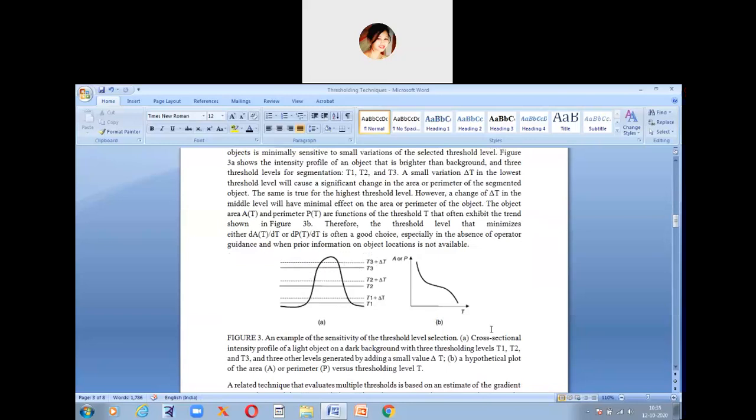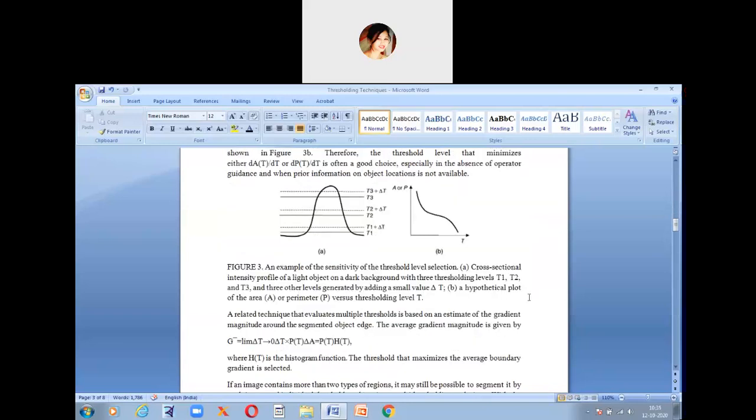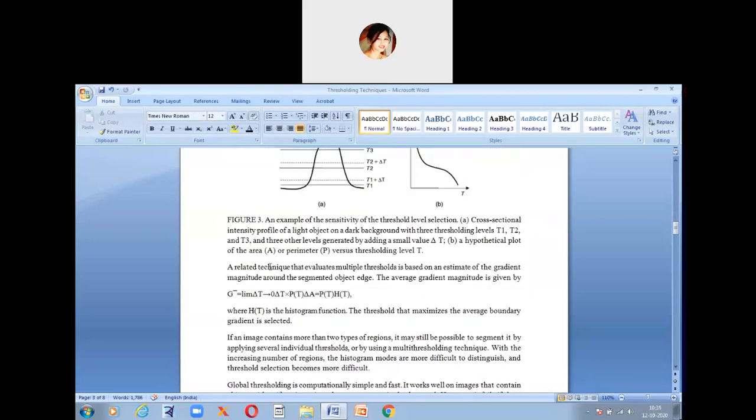But here they are not using any operator, they are simply dividing the segmented object into three thresholded values: lower, middle and upper. So without taking the help of any conventional operator, they are showing the change in this object when you are applying some small variation delta T on this image.